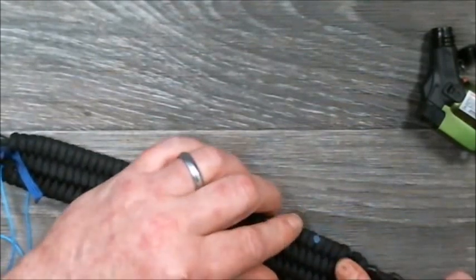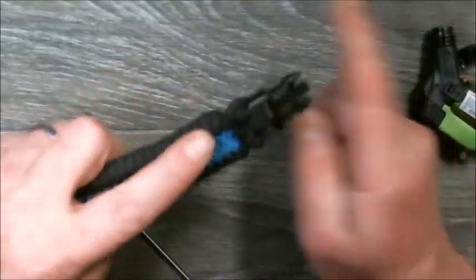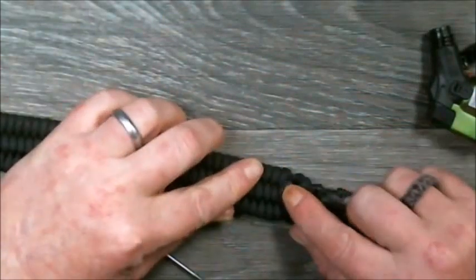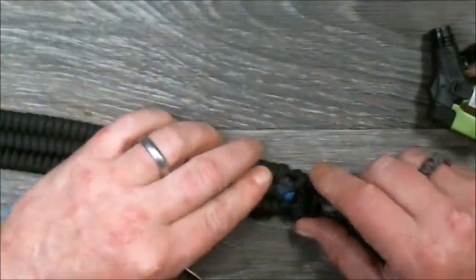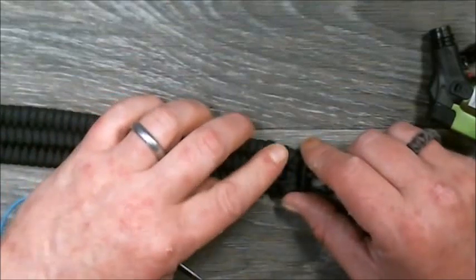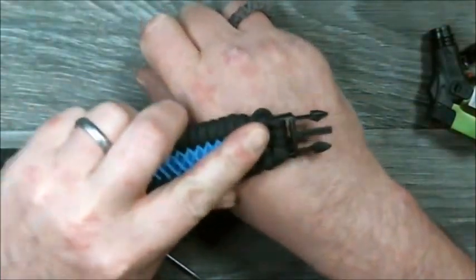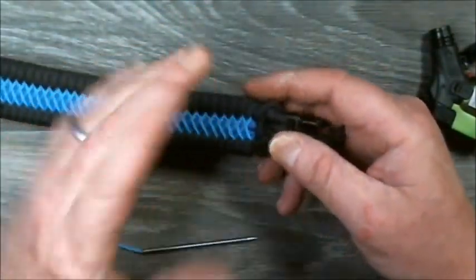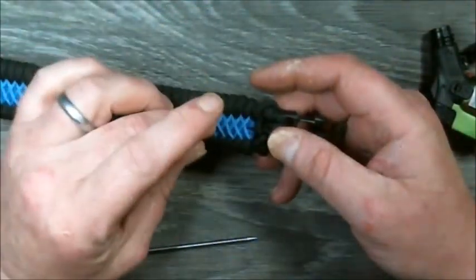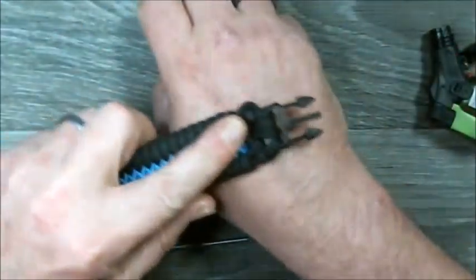And, you know, you always want to be mindful. This is going to sit close to the skin, so you don't want any little burrs. Anywhere, anytime you melt and burn that cord, you want it to be smooth. Snip and singe, especially what's going to be on your arm, or when you start and you cut your pieces and then you're going to be weaving, you want the ends of them to be smooth. That way nothing gets snagged, your skin